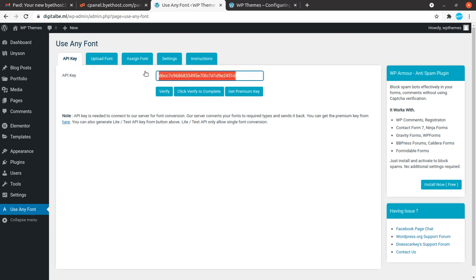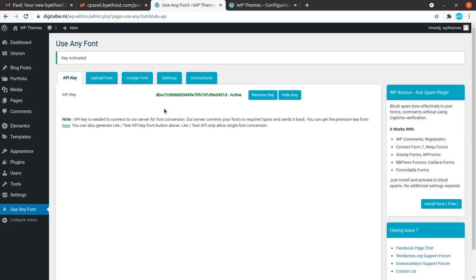So the key has been generated, and you have to generate your own API key, so keep in mind, don't use this one, this is only for testing purpose. Click verify to complete. So it is now active, I mean the API key is active, and now the next stage is to upload font.